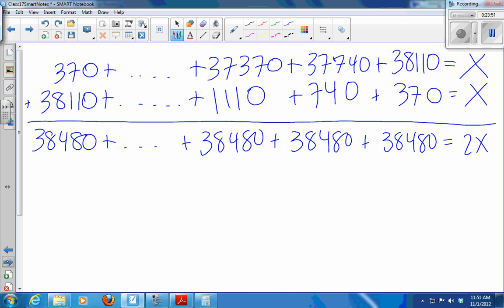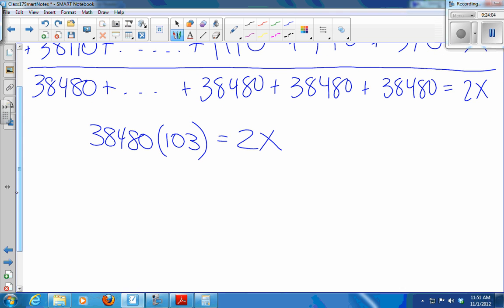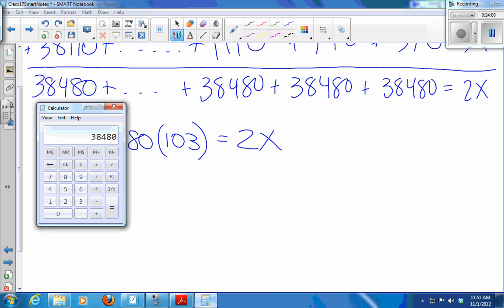So I'm doing 38,480 added to itself 103 times. So it's multiplication. So times 103 and divided by 2, and I get x is